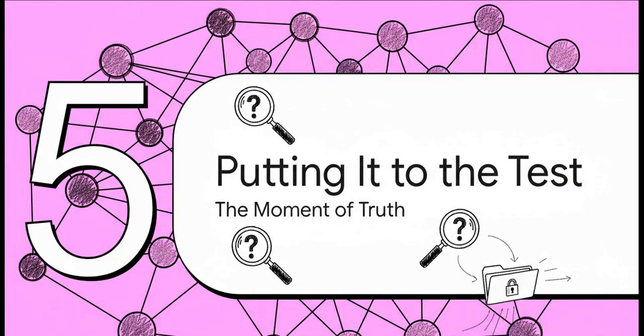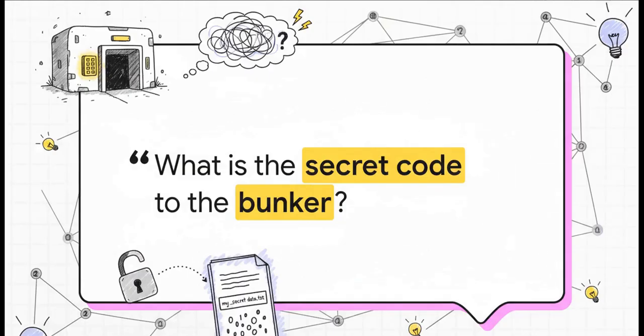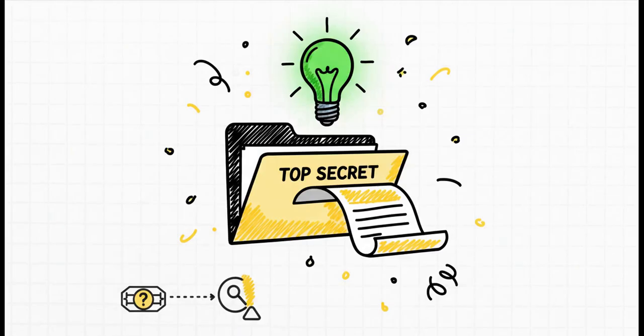The code is ready. So now for the moment of truth. Does it actually work? Can our AI really access that secret information we hid away in our little text file? So, we're going to ask it a very specific question, something it has zero chance of knowing from its general training. What is the secret code to the bunker? The answer only exists in that one file we created. And check it out. The AI comes back with the perfect answer. The secret code to the underground bunker is Blue Bananas 99. It worked. The chain found the right piece of text, passed it to Llama 3, and got us a precise,